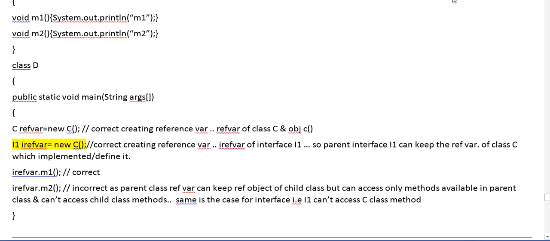Then we will be having the I reference, that is the reference variable of interface. So interface reference dot m1 is correct, because the interface reference variable is of interface I1. So the parent interface I1 can keep the reference of class C, which implements and defines it.